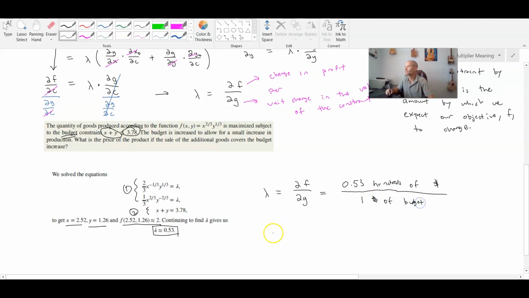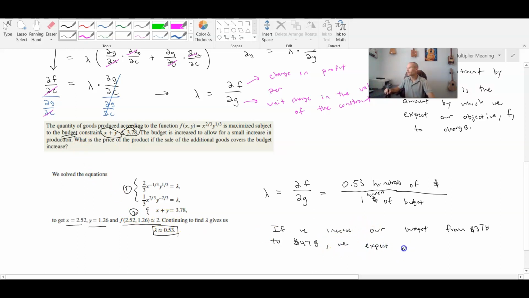So how do we interpret this? Well, we could say that if we increase our budget from 3.78, again, we'll just say this is hundreds of dollars, so $378, to 4.78, that's going to be $478. We would expect our maximum profit of 2,